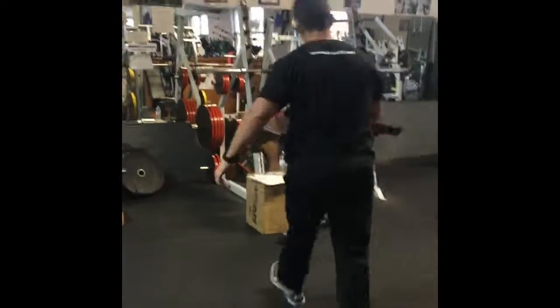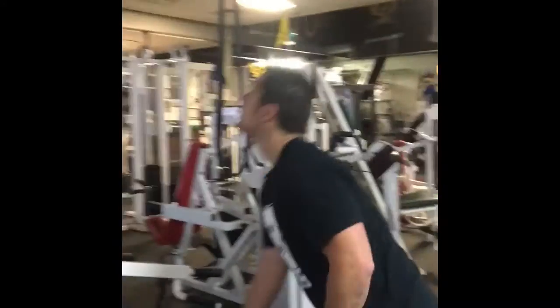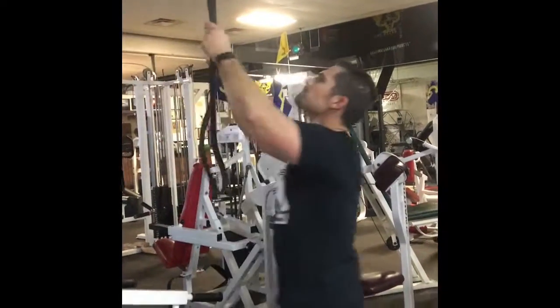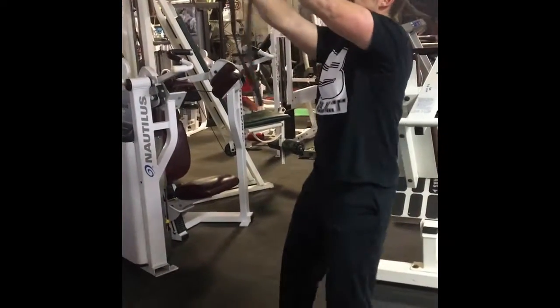And then one more exercise and we're done. As I've mentioned before, the stability of the shoulders is good, so we're going to end the workout with a band face pull. You can do this by hooking the band around any apparatus here. And you're just going to do